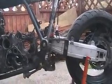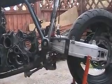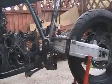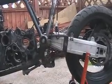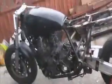So I may need a shorter shock absorber. That one on it is just a standard Thunder Race one, so I might have to try and get one fabricated that's a little bit shorter, which should, I don't know, God, I hope this works. Anyway,